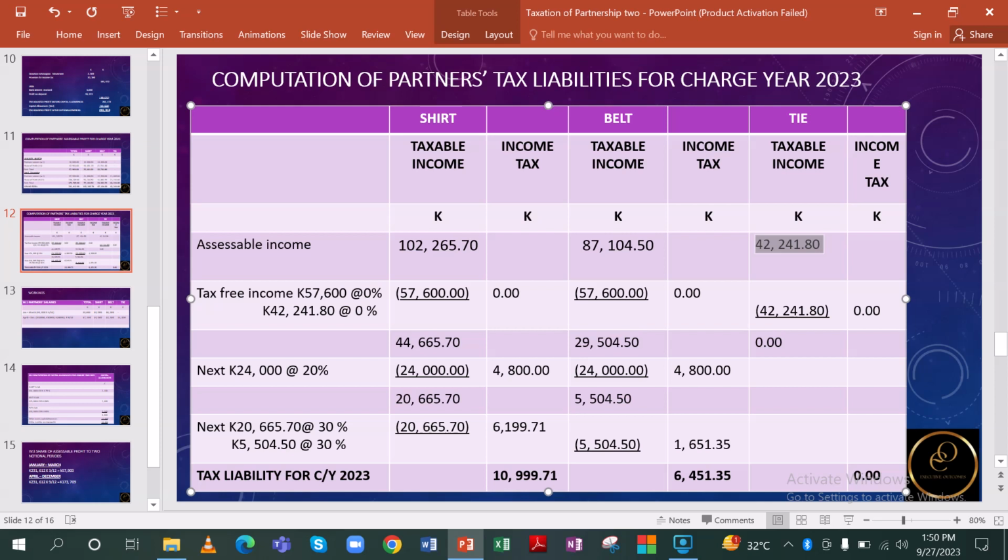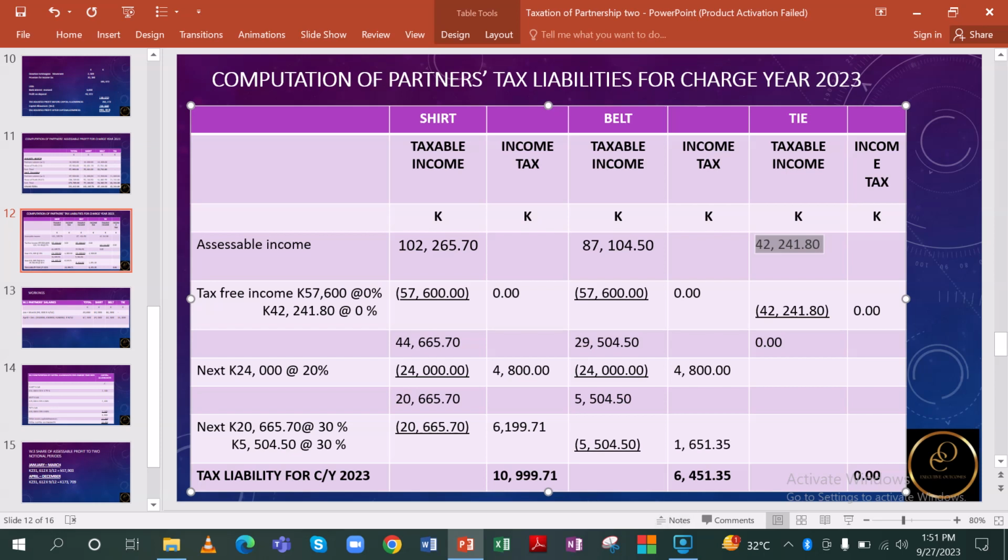Under Shed, we look at the income tax column, we add 0 plus 4,800 kwacha plus 6,199 kwacha 71 ngwe. We are going to get 10,999 kwacha 71 ngwe as the total tax liability for Shed in the charge year 2023. Similarly, we go to Belt, we just look at the income tax column. We have 0 plus 4,800 plus 1,651 kwacha 35 ngwe. We get a total of 6,451 kwacha 35 ngwe as the total tax liability for Belt in the charge year